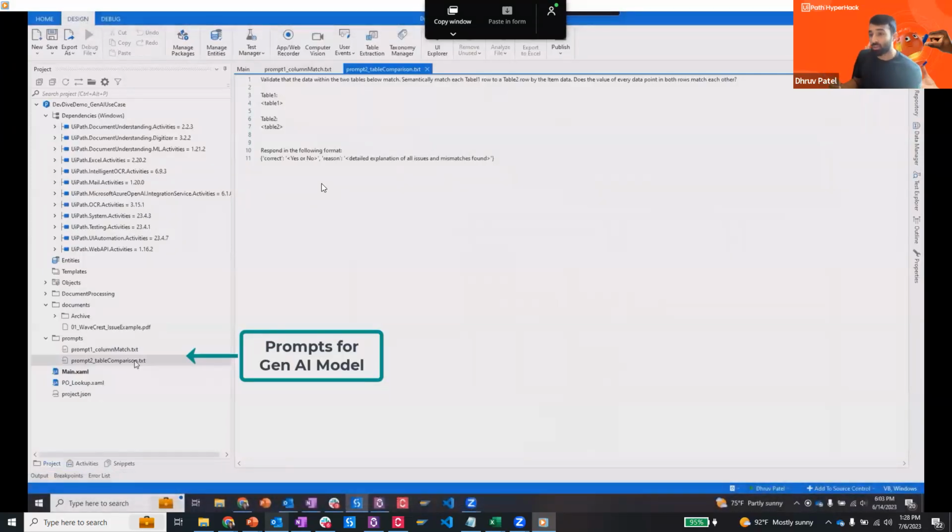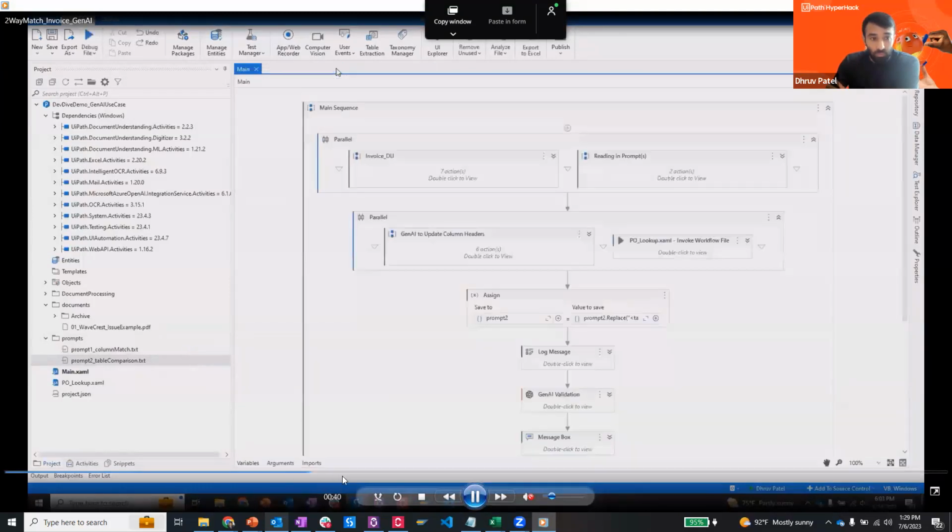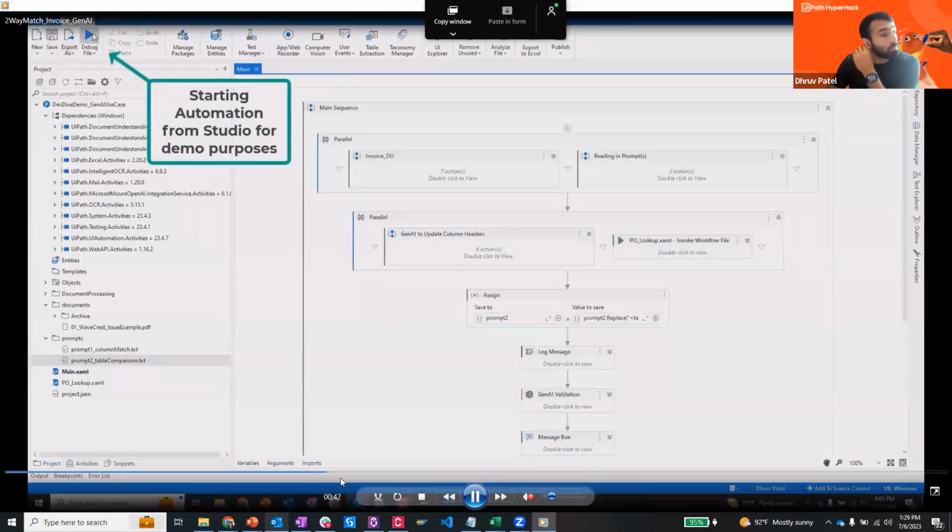One thing that's key is when you're developing and using something like generative AI, having a consistent, reliable format that the output is in will be really beneficial to working with that output downstream in your automation. So something to think about, what I ended up doing was asking it to respond in a JSON string format, and I was able to build it to a point where it was consistently giving me the right format, and then I was easily able to use it within my downstream automation. We'll go ahead and start the automation.